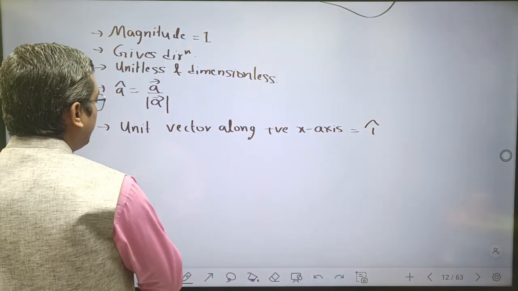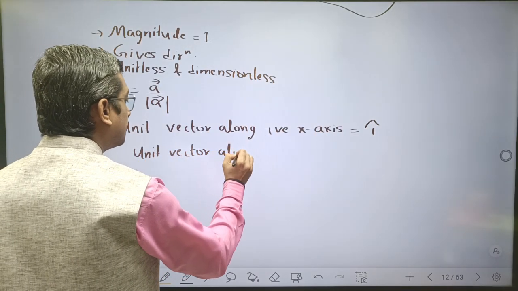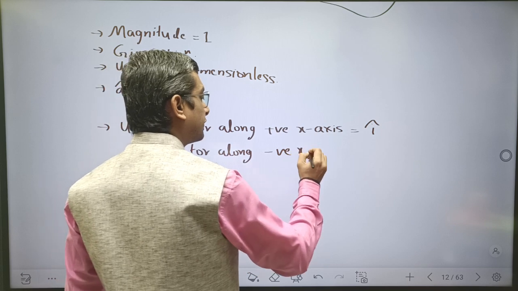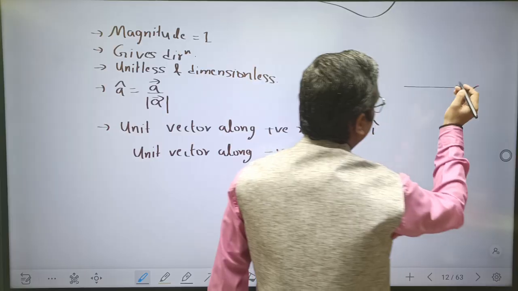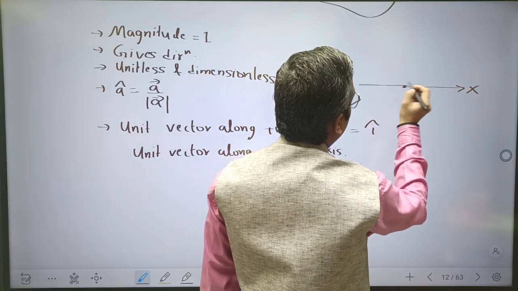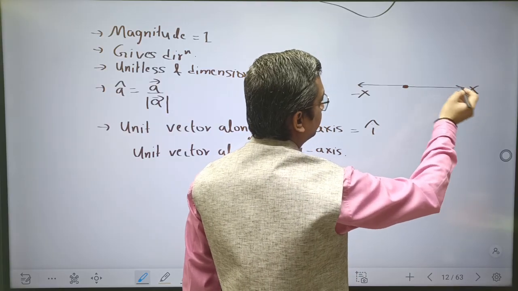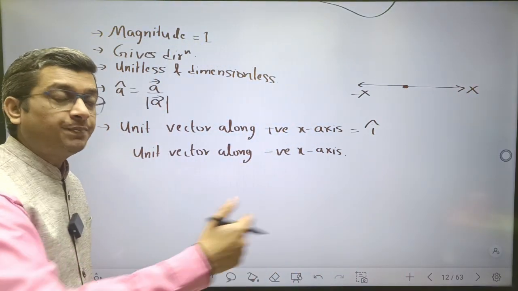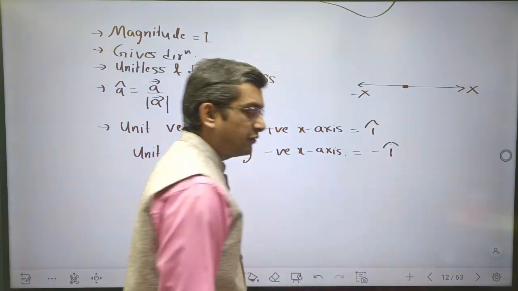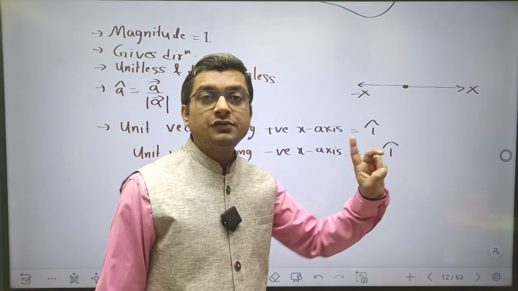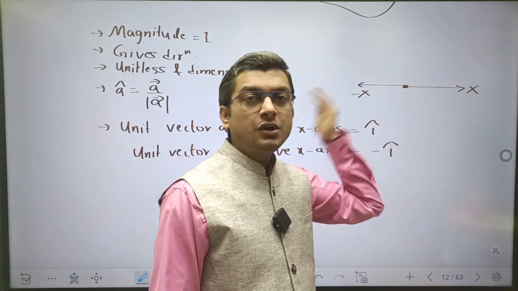Now, if I write the unit vector along negative x-axis, so what happens if this is positive x-axis? Then just towards the opposite direction, this is negative x-axis. So the directions of positive x-axis and negative x-axis are exactly opposite to each other, isn't it? So I put a minus sign here, because we have learned that if I put a minus sign, it just reverses the direction. If I cap is positive along positive x-axis, then minus I cap will be along negative